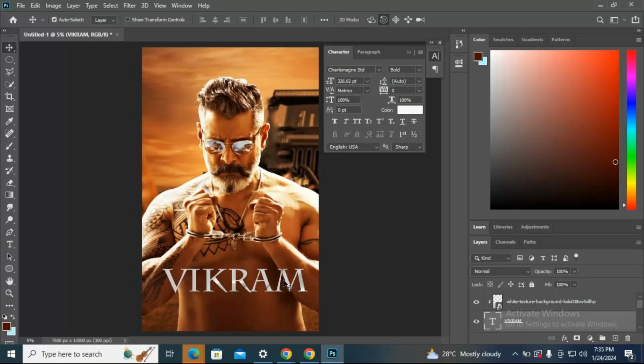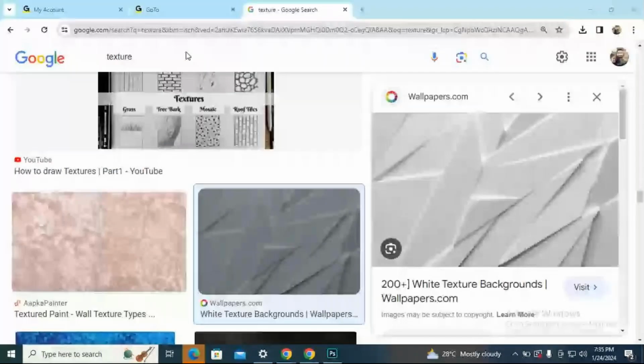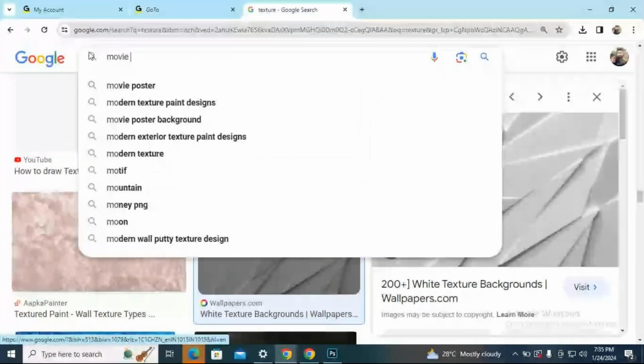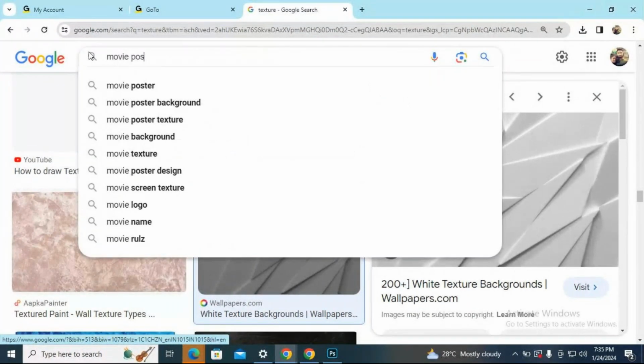Here I'm having a network issue, so it will take time for 3D. If you give 3D, the text will extrude. And see now, I'll show you one thing. The masking will work in so many ways. I'll show you how. If I go to movie poster,